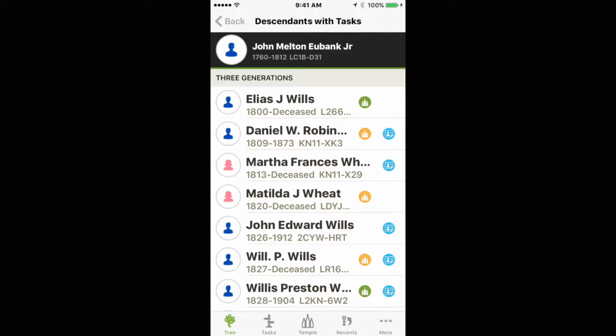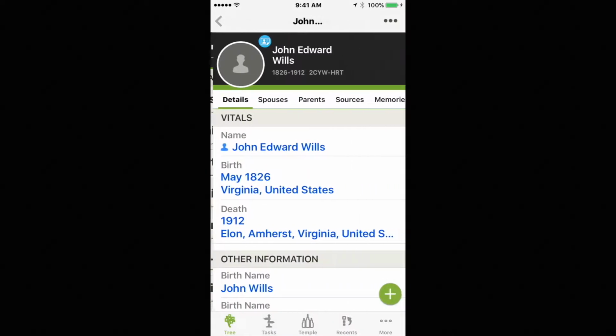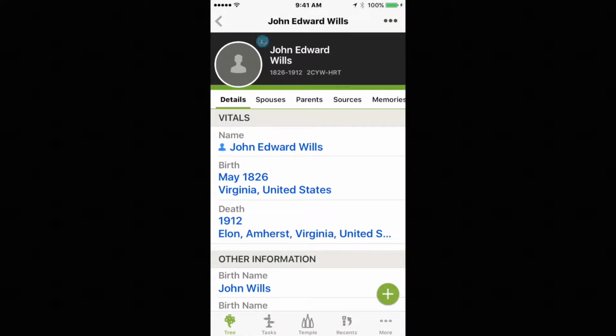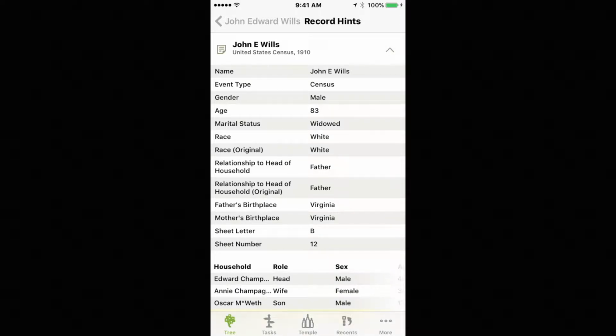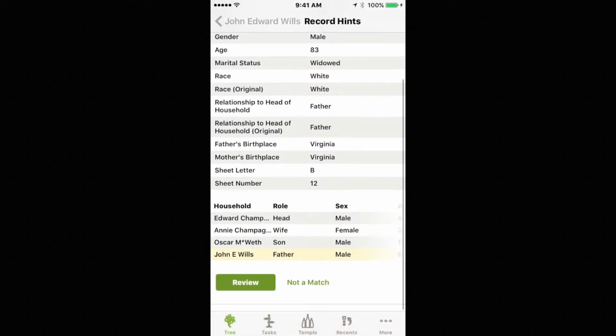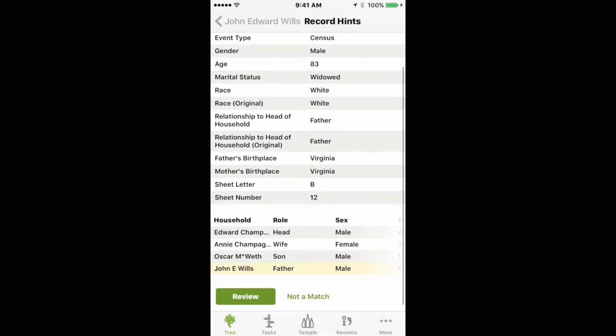So the blue ones are the easiest ones for me to do because I don't really have to do a whole lot of research in order to attach a record. So let's look at John Edward Willis. I'm going to click on this blue dot here. Looks like there's a United States Census for 1910. Let's look and see if that information is